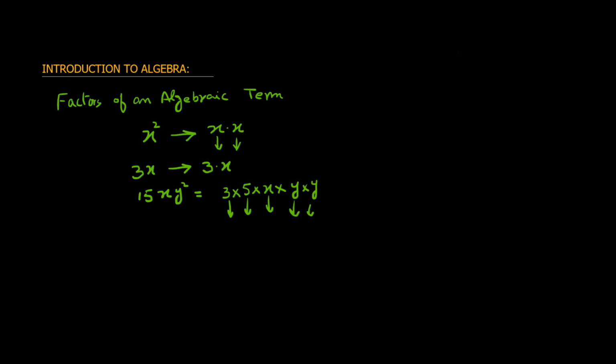We will discuss this factorization in detail and how to find factors of numbers, because these coefficients are numbers and you should be able to find the factors of these numbers. For example, if it is 51, how to find the factors of 51? These type of things we will be discussing in later lectures in the pre-algebra section. Just like any numbers, we can also factorize algebraic terms.